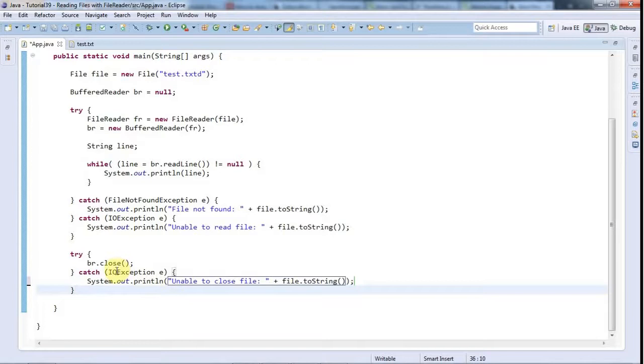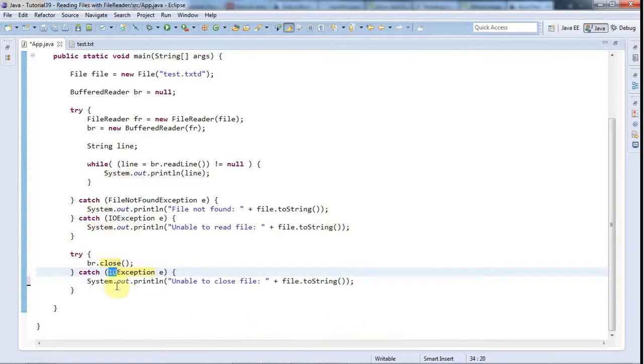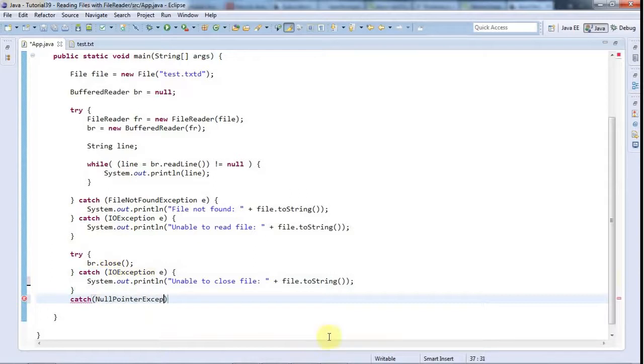And now we could change this to Exception, because if we throw a null pointer exception, it would be caught by this as well, if we had it just like this. But then it would be wrongly saying unable to close file, when in fact the problem was the file could not be opened. So let's not do that. Let's just go here, put another catch in, catch NullPointerException x,